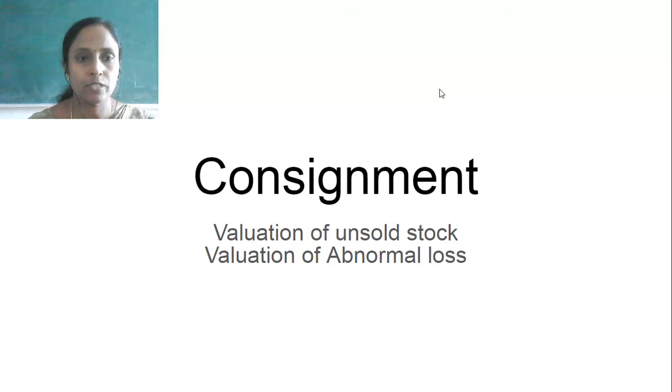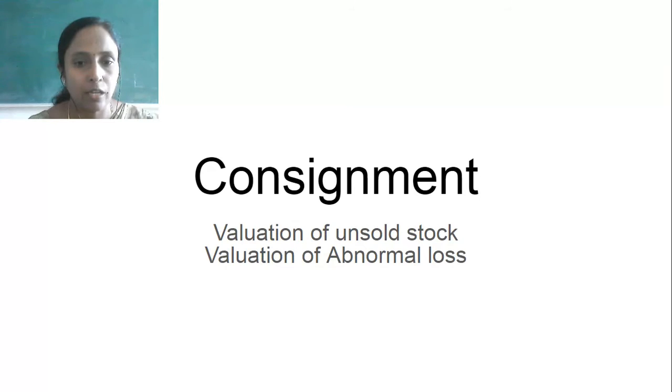So we are seeing consignment. In this consignment, two aspects are very important. First aspect is valuation of unsold stock and second one is valuation of abnormal loss. Both things should be accounted in consignment account in order to get exact profit or loss on consignment. Okay, so while seeing the format of consignment account, we have seen that value of unsold stock is